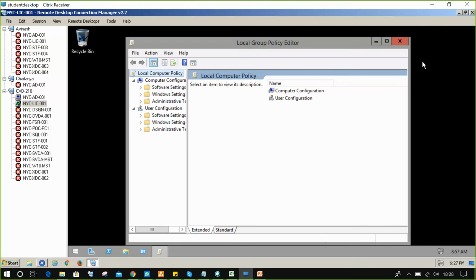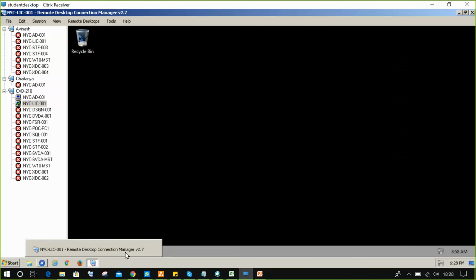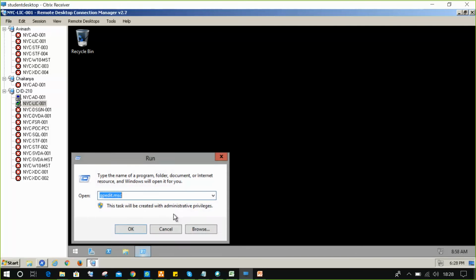So this is the group policy editor. If you want to apply this policy to your system forcefully from AD, there is a command called gpupdate /force.